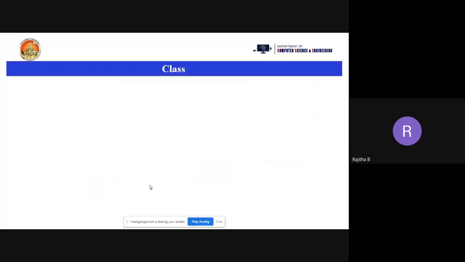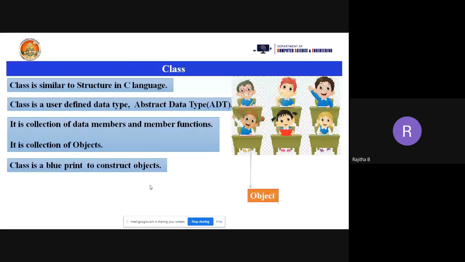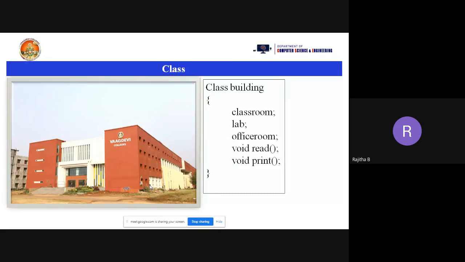Yes. So a class is a collection of objects, it may be a table, person, bench, or chalk piece, and like that. It is a collection of a number of objects. Now, see this one. Suppose you want to construct a building. So what is the plan of the building here? I want to decide how many classrooms on each and every floor, how many labs I want to construct, and how many office rooms on each and every floor.